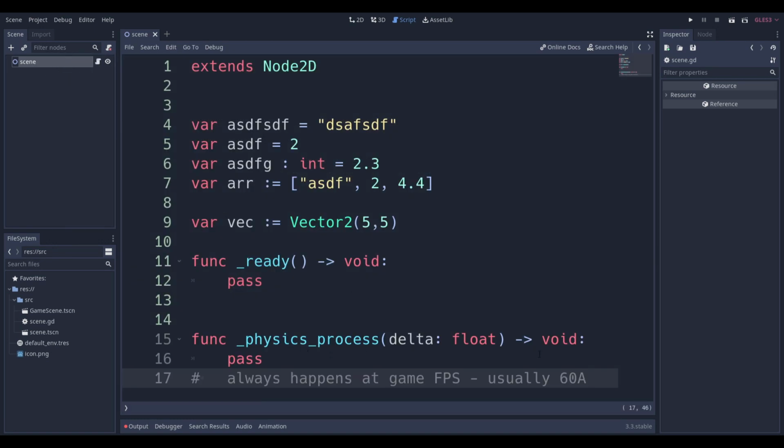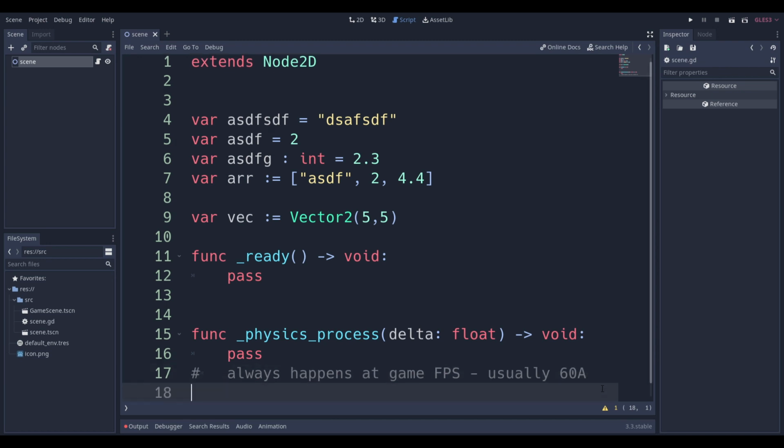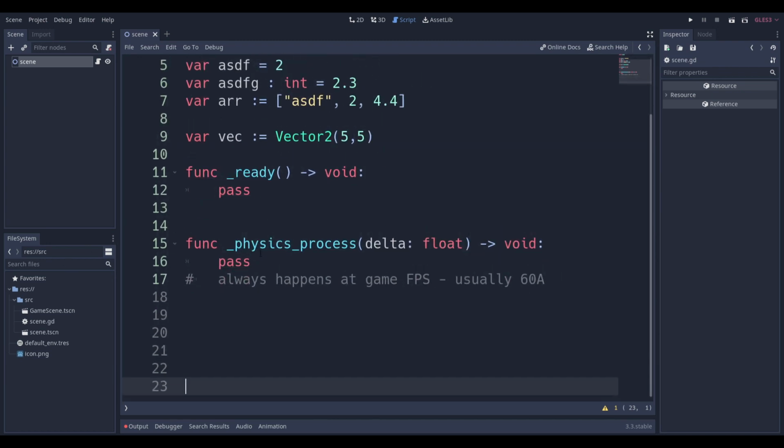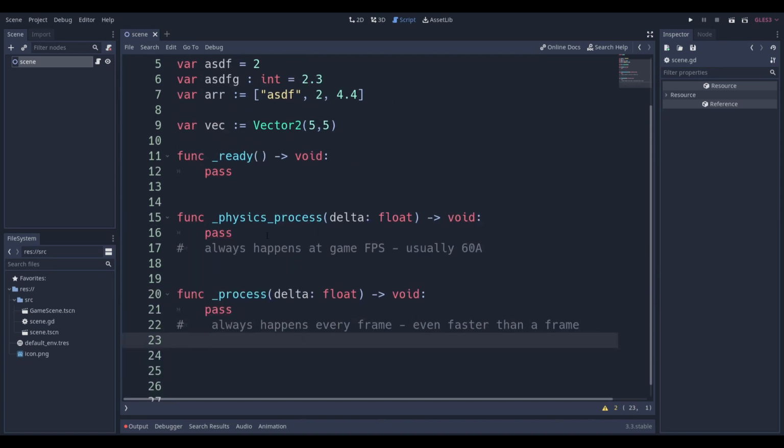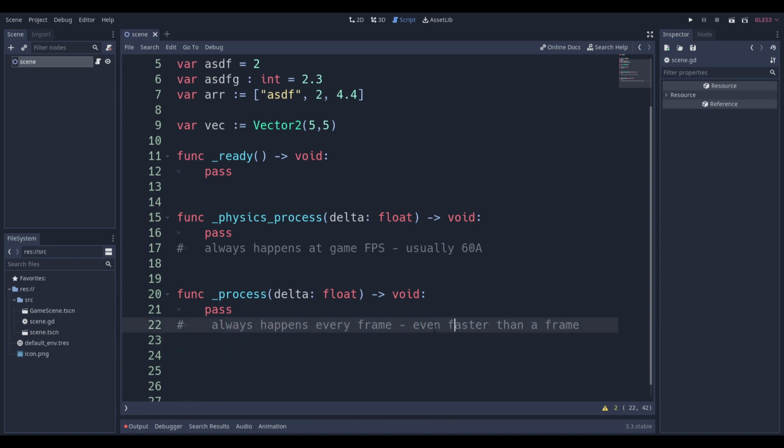Then we have the physics process function, and I'm just going to move up a little bit because there's actually something alongside the physics process function, and that's the process function. And you might be wondering, what's the difference between these? Well, the process function will happen every frame, and sometimes it'll happen faster than a frame. And you might be wondering, what does that mean? It might happen 2, 3 times a frame, or